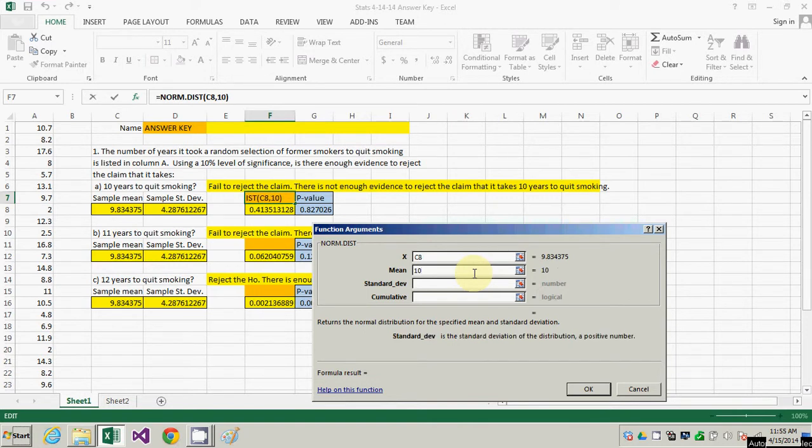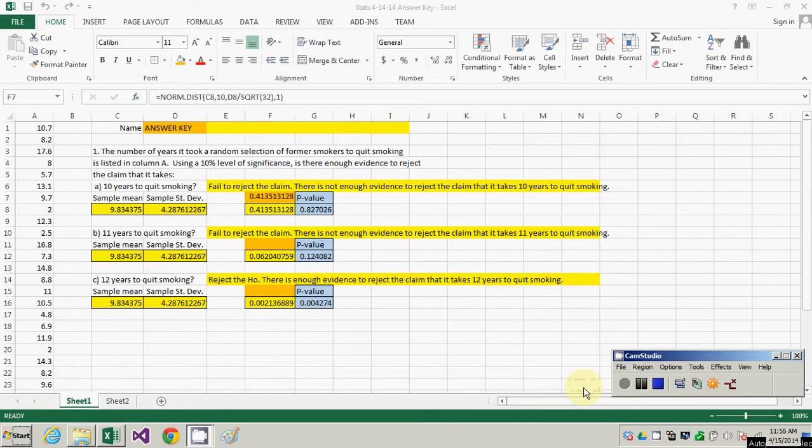The sample standard deviation as far as the function builder is concerned is the standard error, which is the sample standard deviation divided by the square root of 32, because that's how many entries we have, the value for n. And cumulative is true. We say okay, and we get the same answer once again,